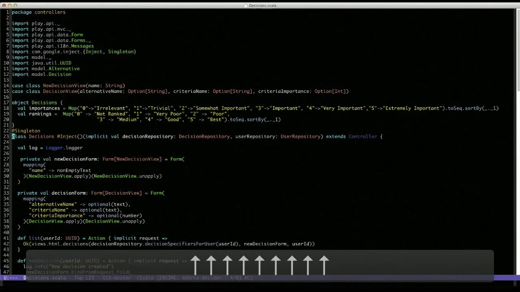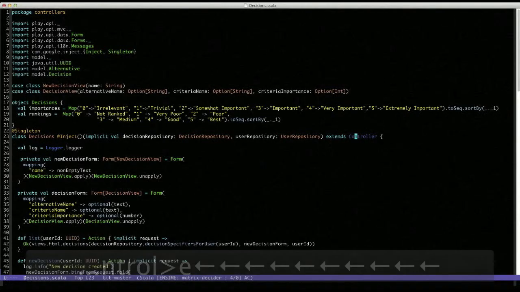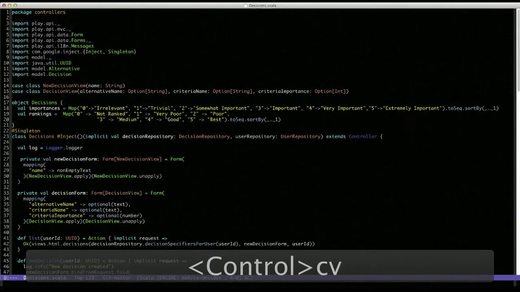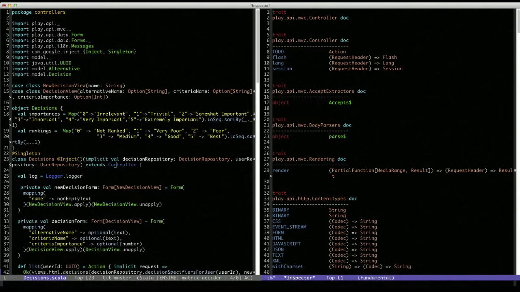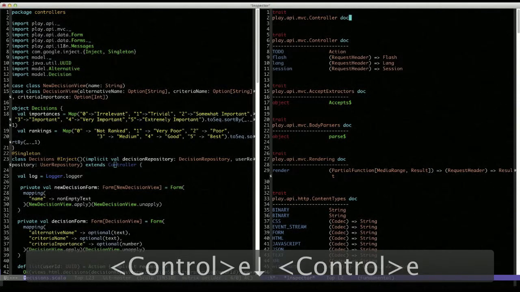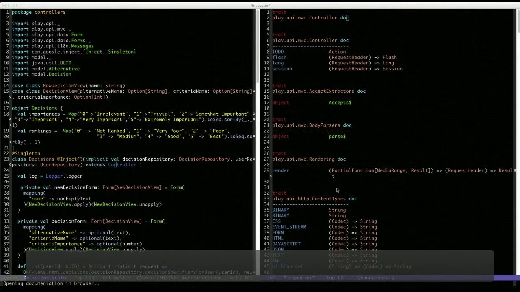Back in our decisions.scala file, one final navigation that's very powerful is the ability to inspect a type under the cursor. So for example, if we come up to, let's say, controller here, and we say Control CVI, we launch what's called the type inspector again, and now you see that there are links available to us where we could actually look at the documentation for all of these types that are related and inheritors from the type that we're looking at. So for example, if we go across here to controller and we hit enter on doc,